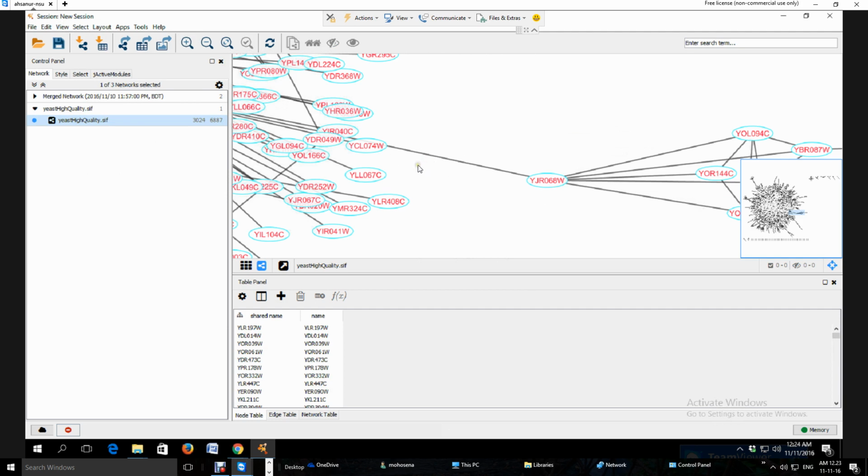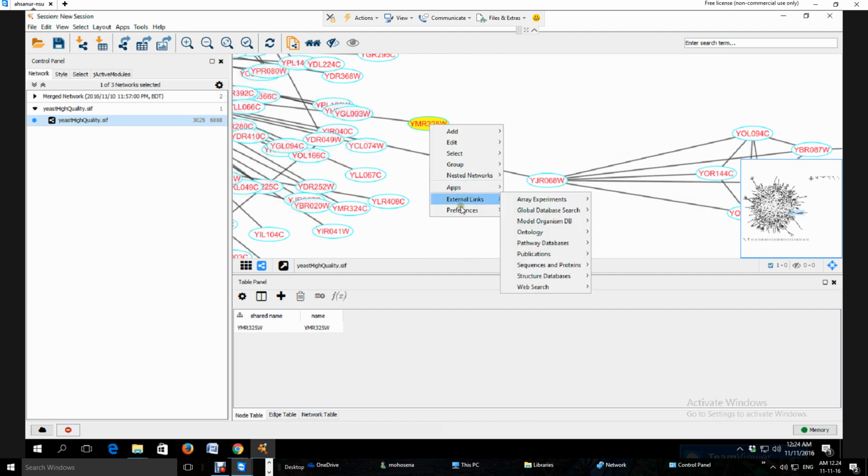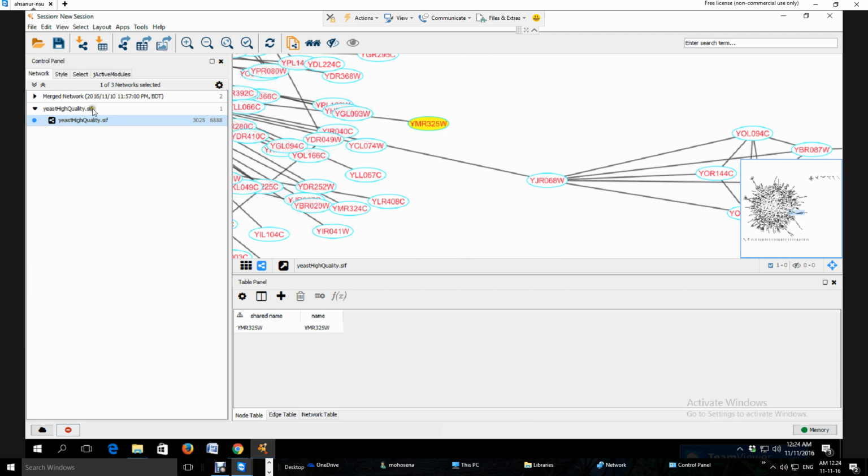I'm pressing Ctrl Z to undo the thing I have done already. You can group different nodes together, so on. So these are all just some visualization acrobatics, gymnastics, whatever else you can say. You can of course select some nodes and